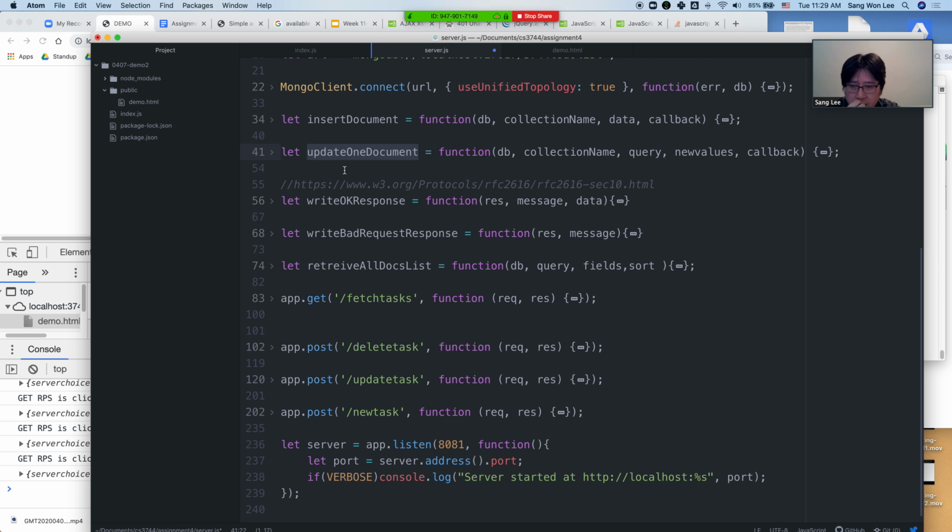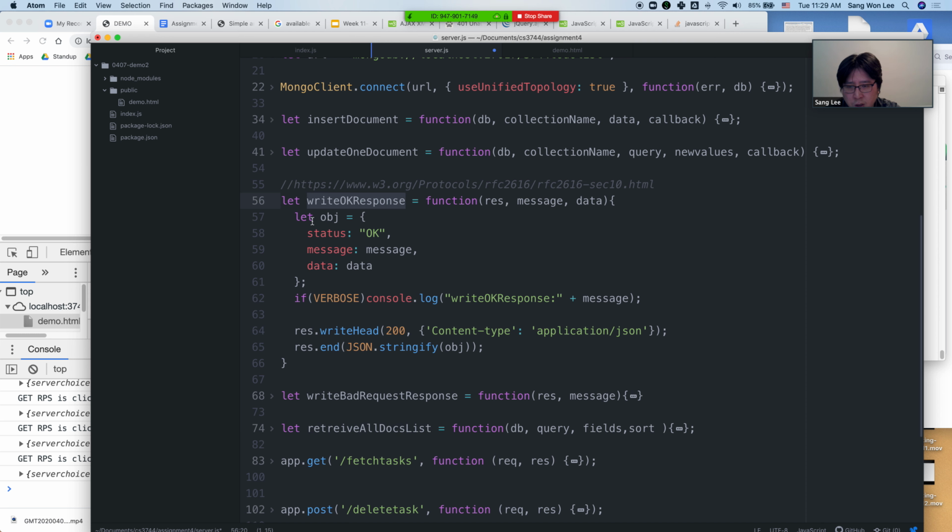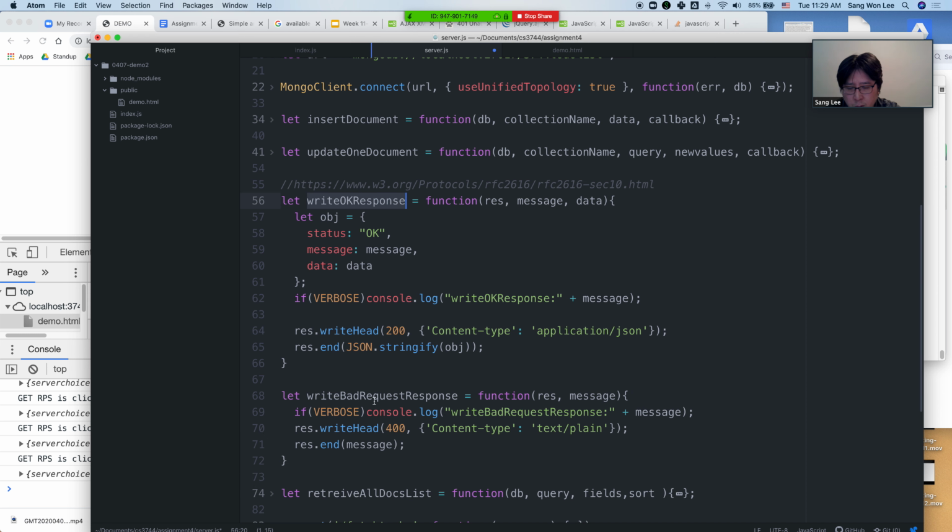Document is basically a task in this collection, like task collection. Retrieve all doc list is something that retrieves all the tasks that are available in the database. And then I have this nice helper function that is going to write OK response, and then bad request response. So basically what it does is